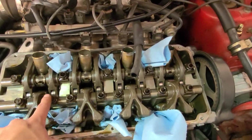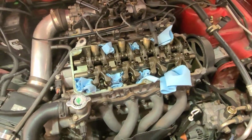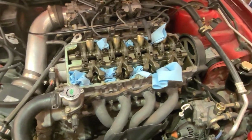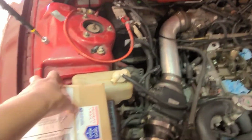Alright, now that all these bolts are loose and we're getting ready to just take them out, I like to use this metal tray right here to keep them aligned in the configuration they came out, just so everything stays in order. Keeps them organized. We're going to take off the exhaust side, and then we're going to move on to the intake side. Also, these are